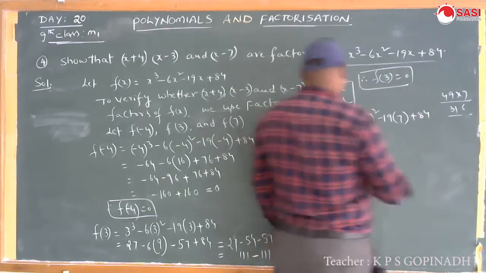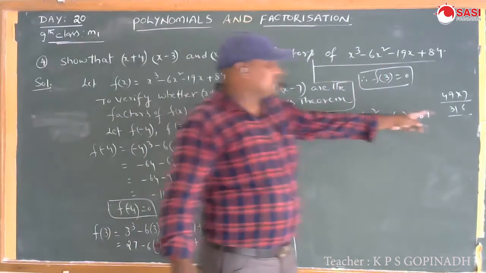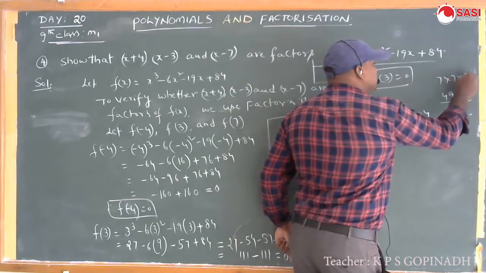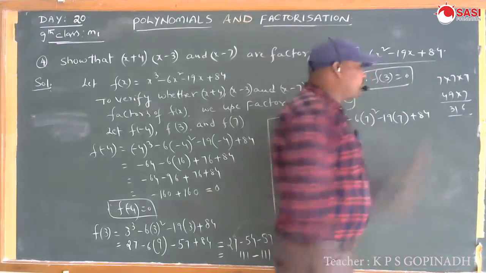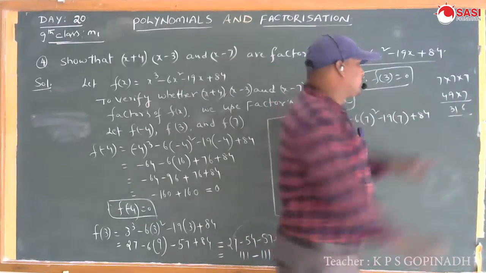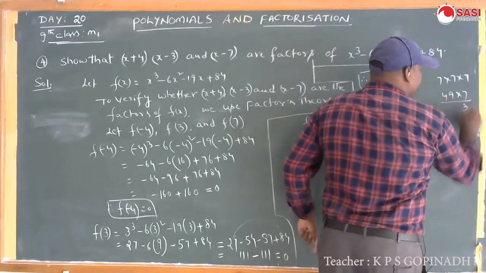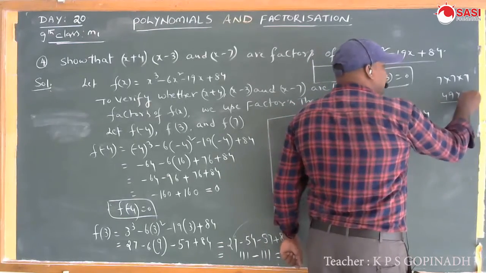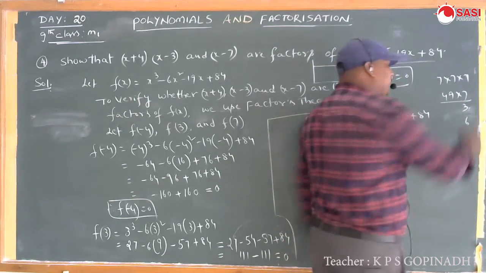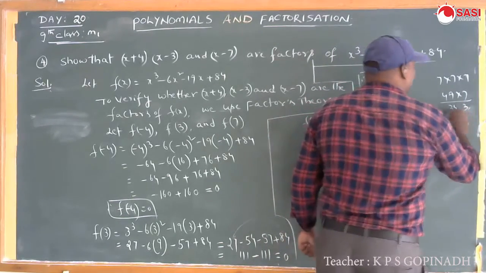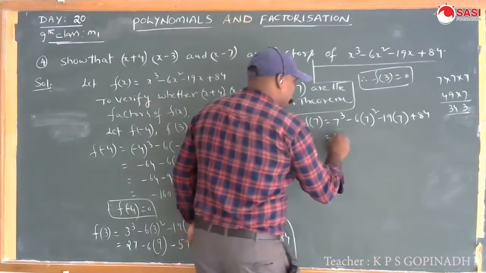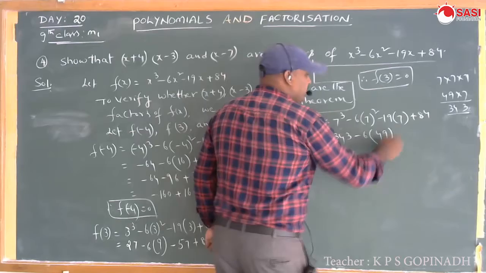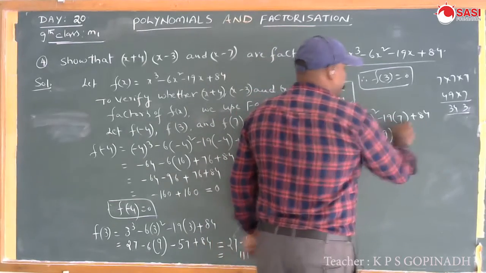7 cube means 7 into 7 into 7. 7 7 is 49. 49 7: 7 9 is 63, 6 remainder. 7 4 is 28, 28 plus 6, 34. So 343. 343 minus 6 into 7 square, 49, minus 19 7 is